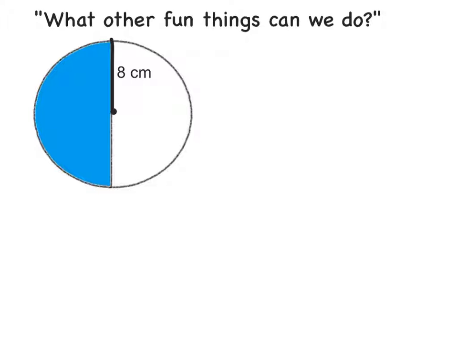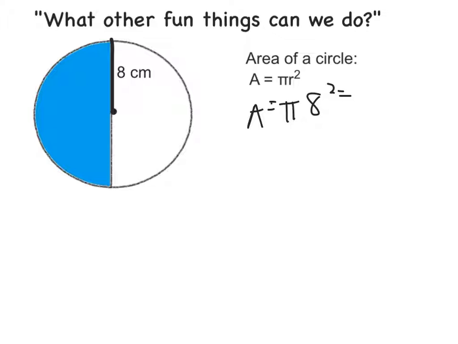Now, I know what you're wondering, what other fun things can we do with circles? I know, so many great things. So if we wanted to find the area of half a circle, like in the example below, if we wanted to find the area of the blue part, we would use our formula. A is equal to pi r squared, and we would plug in what we know, which is A is equal to pi times 8 squared, which would give us 64 pi, and if we multiply it out, we get A is equal to 64 times 3.14, which is